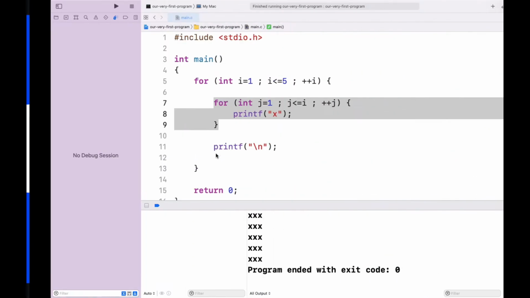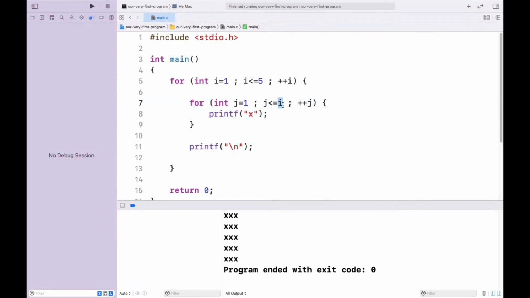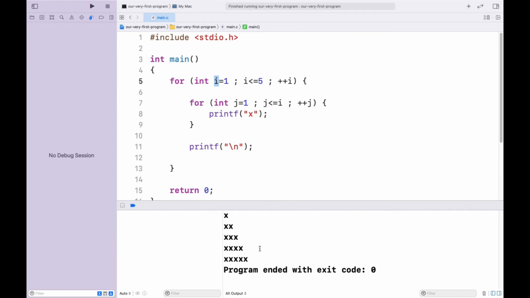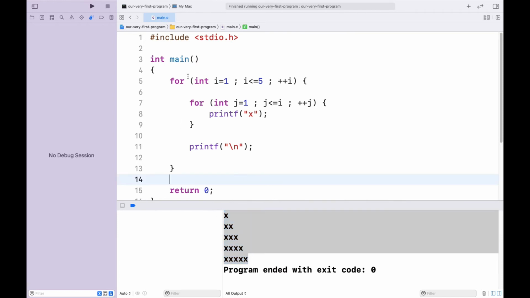So we are taking i as the endpoint of this second loop, or how many times this loop is going to be executed depends on the value of i. And fortunately i is increasing as we want. So we should expect the result here. Yes, we are getting the required result here.